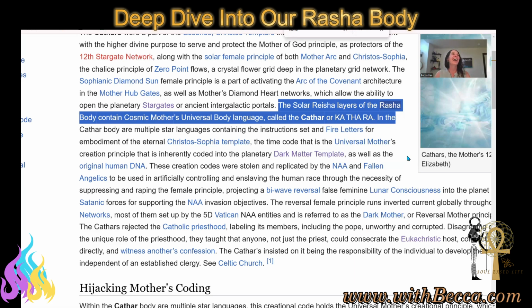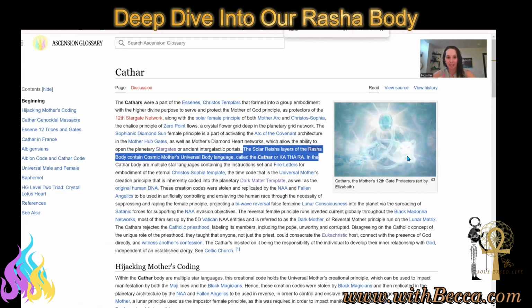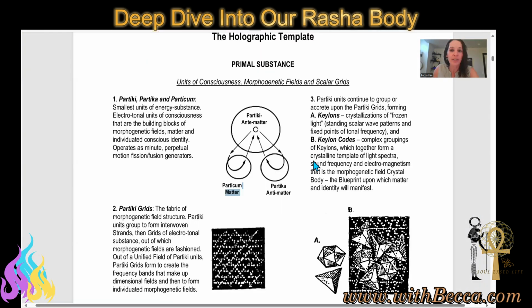So I know this is a lot. Let me see if I can give you a little bit to translate. The Cathars, the true Cathars, are actually an emanation from a race line of beings, and I don't have the document up for you guys to see where I am pulling it from. Actually, let me pull it up. So 152 in the Dance for Life book. Let's go to page 152.